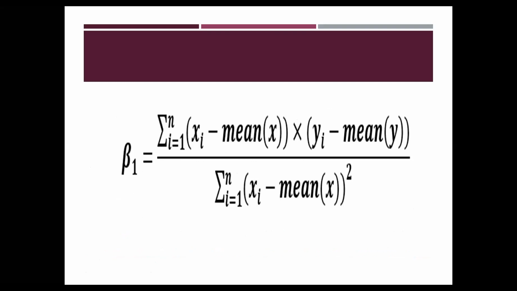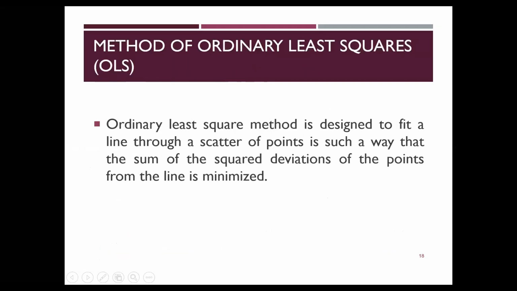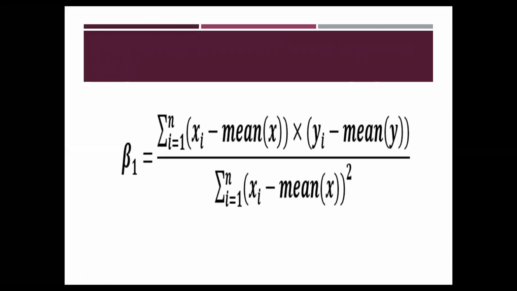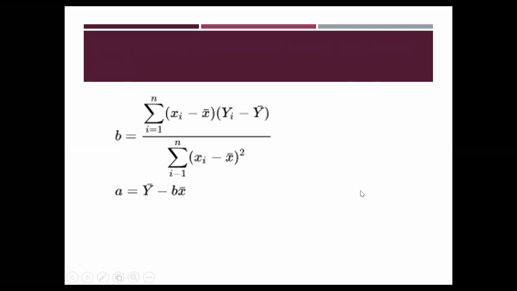This is the equation to calculate the regression coefficient. The regression coefficient will tell you the rate of change, that means the change for a 1 unit change in the independent variable. If the plasma volume increases by 1 unit, then what will be the change in the body weight? That is this beta or b here, and it is calculated using this equation. Beta 1 is equal to this. I will show you how it is done in a practical example.